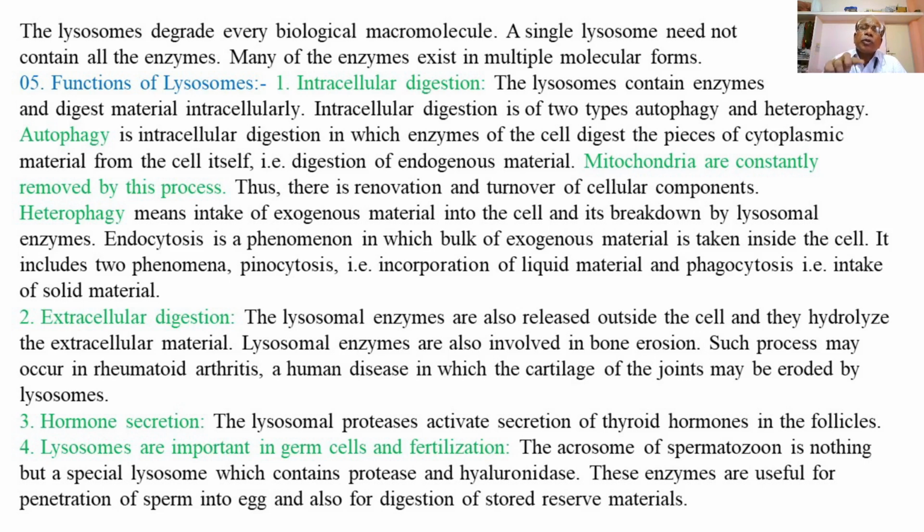Either this pinosome or the phagosome gets fused with the primary lysosome containing certain lysosomal enzymes. So either a pinosome or a phagosome fuses with the primary lysosome containing certain enzymes to form a secondary lysosome, called a heterophagosome or heteropinosome. Whatever exogenous material is trapped or absorbed is fused with the primary